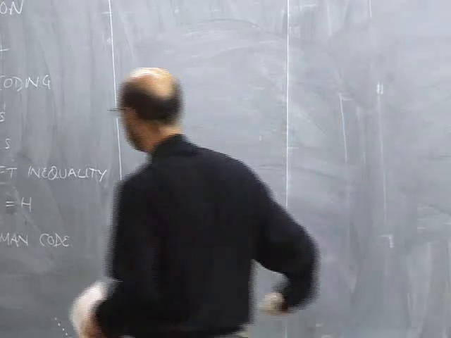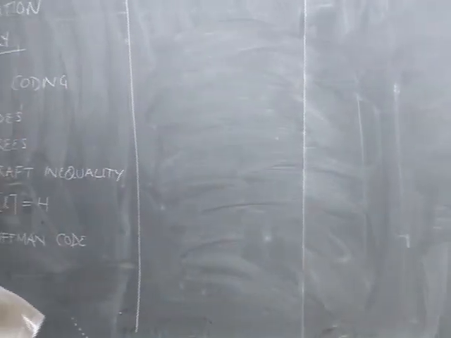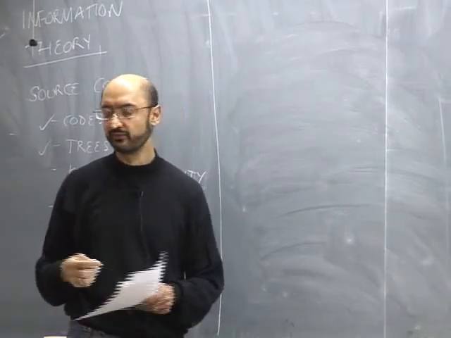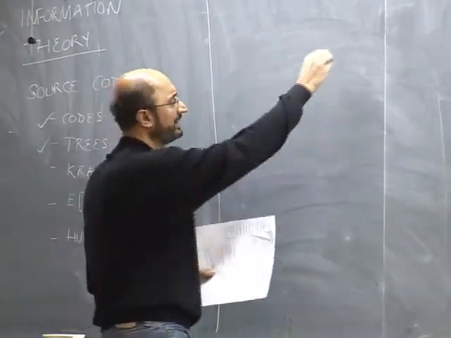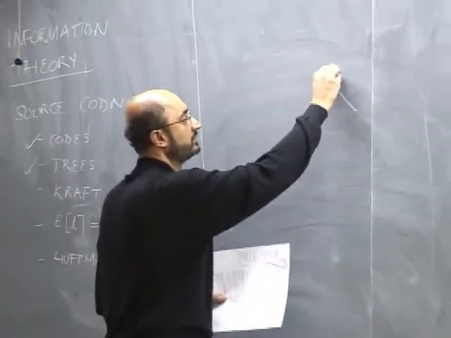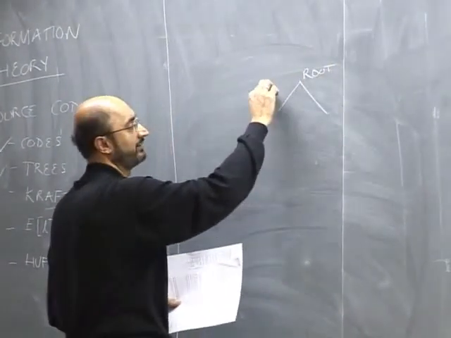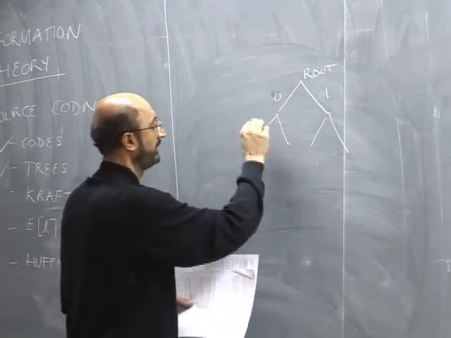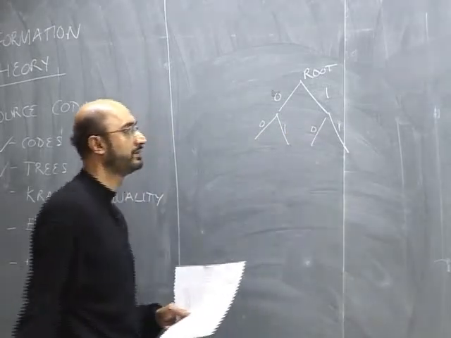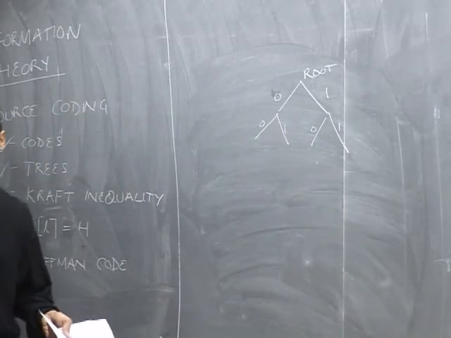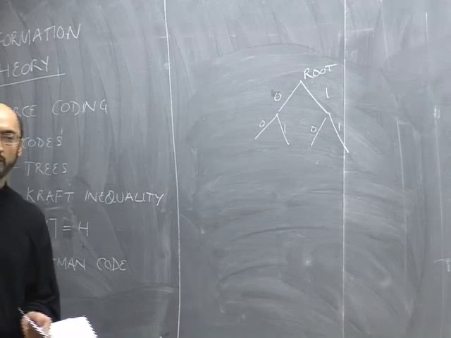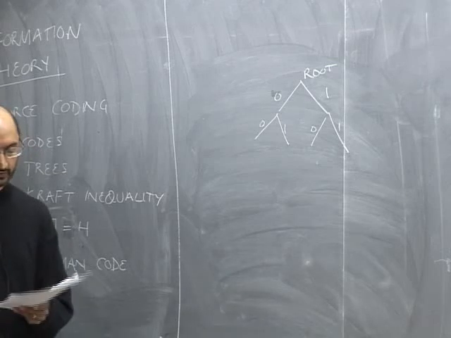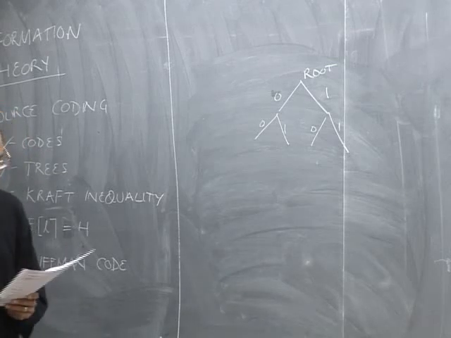The representation is going to represent codes as trees. We've already made the choice that all code words are represented from 0 and 1. So I can draw a tree like this, and this is the root, and the left hand branch by convention is always 0, and the right hand branch is always 1. So I have 0, 1, 0, 1, and so on. Every code corresponds to either a terminal or a non-terminal node in this tree, so it's either a leaf or a non-leaf node. To go back to the homework example,